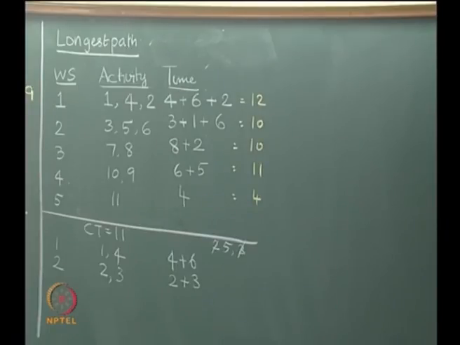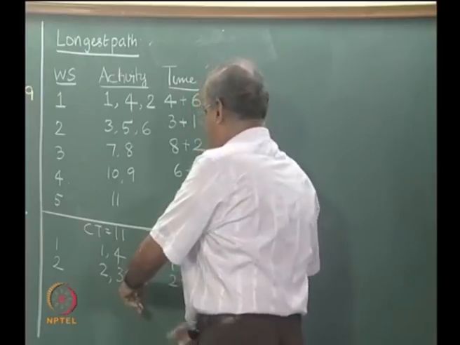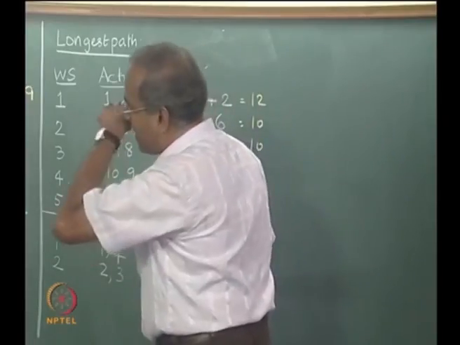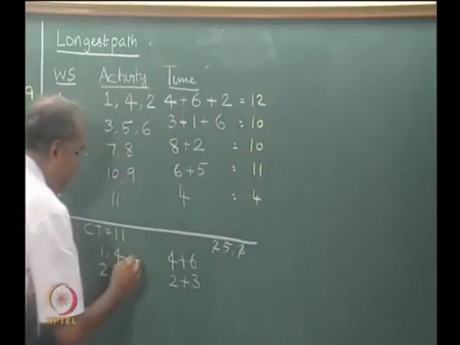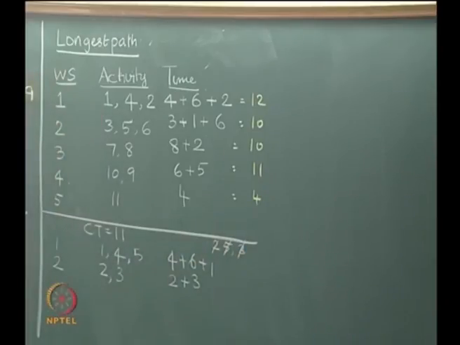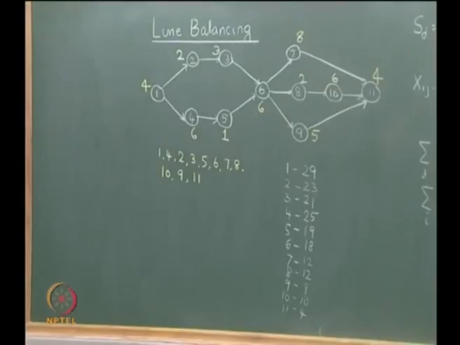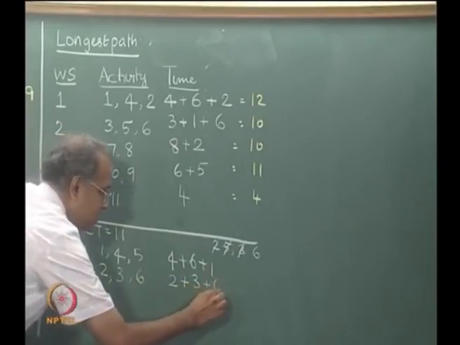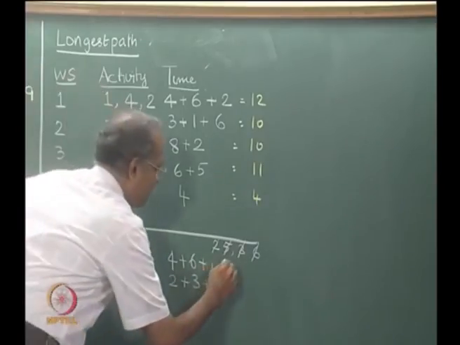If 5 is the only activity remaining, ordinarily we would try and put 5 here because this is the current workstation, but we also realize that 5 can actually go here because both 1 and 4 are satisfied. So you could add 5 here to give a plus 1, so 5 also goes, which brings us 6 into the picture. 6 requires 6 units of time, so 6 can go here, plus 6. So 6 is over. Then we have 7, 8 and 9.